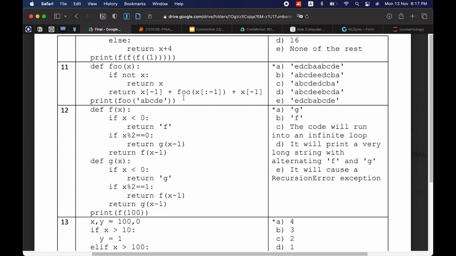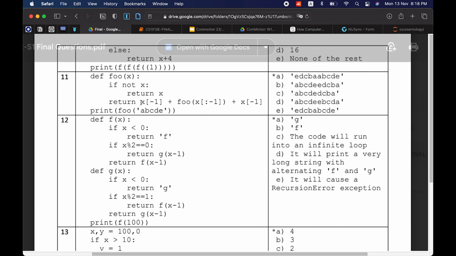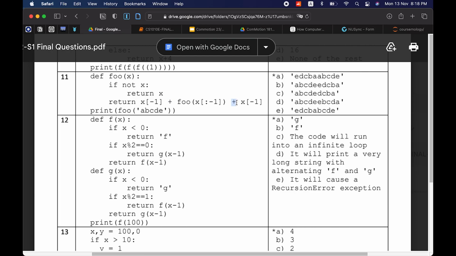If not x, return x. Okay. So here I look at this function and I can really see that this takes the last elements of the argument and puts them on the sides. So I'm looking for something like this already. This one not really, because I'm looking for something like this. And then inside, it will just be the same thing. So it will be stuff on the sides, and just getting smaller progressively.